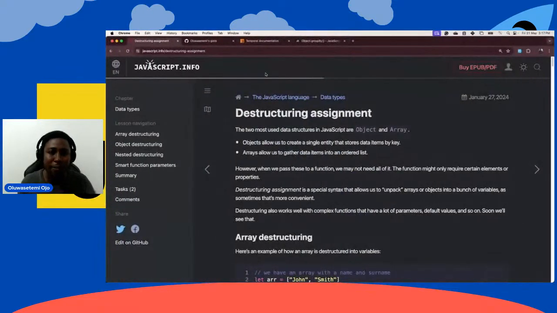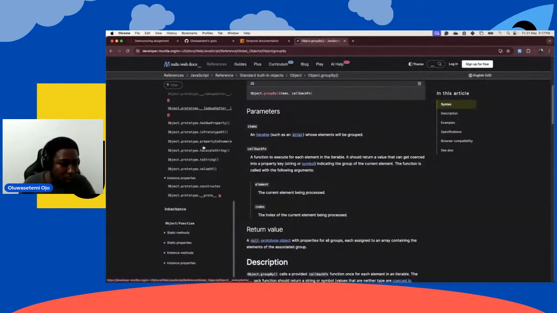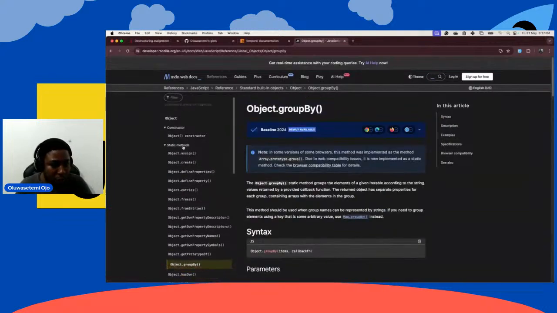And we also have, if you look at MDN, it's always the go-to place, right? Anytime you want to look something up. So if you look at the static methods, we have assign, we have create, we have defineProperties, and we have defineProperty, right? And we have entries, we have Object.freeze, we have Object.fromEntries, we have Object.getOwnPropertyDescriptor,